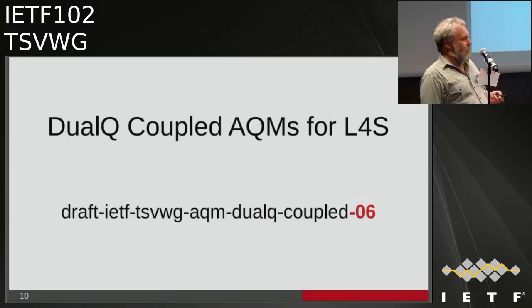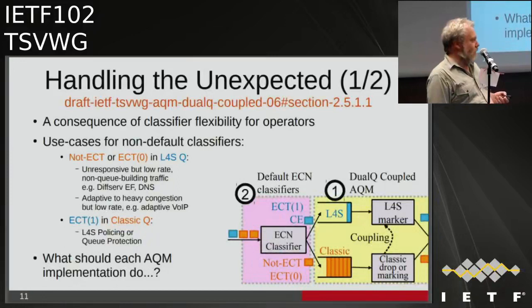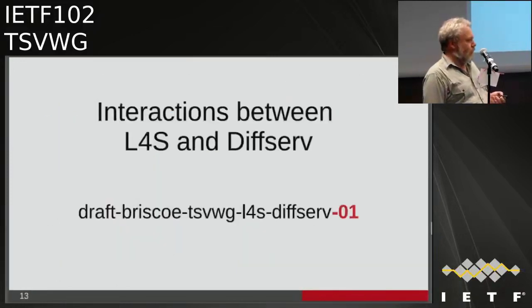Okay. I will skip the dual queue stuff and say, could we have comments on the new text? There's a whole new section in there about these unexpected cases. So could we have comments on the list about that? I'll skip this and say